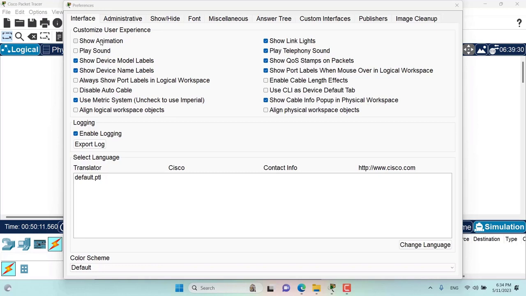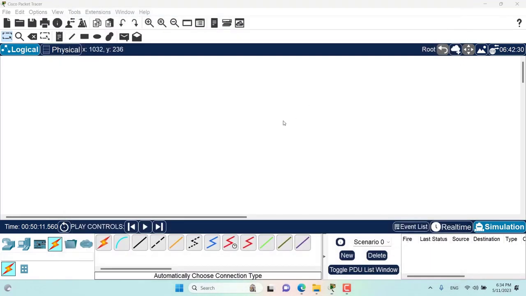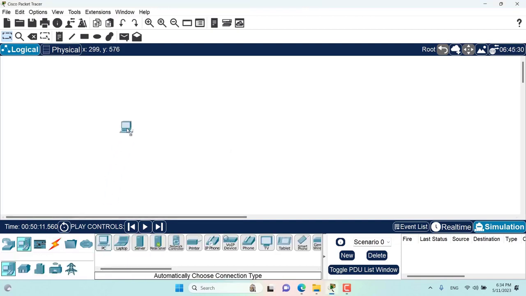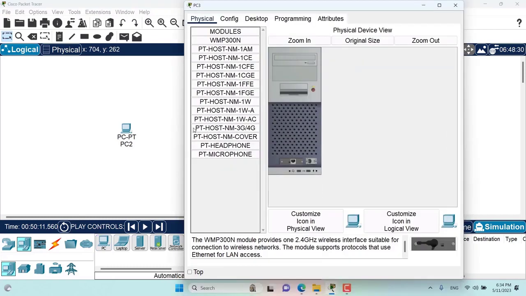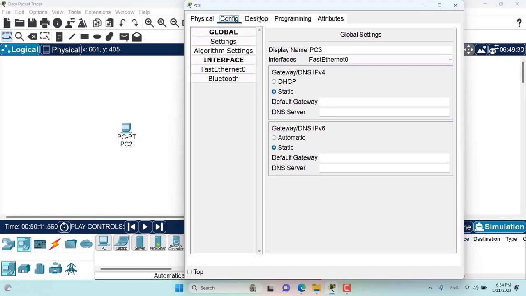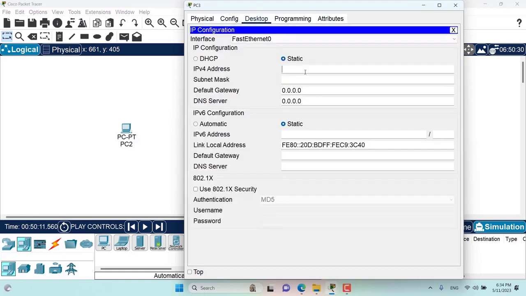So let's see what this option does for us. For this to work, first we need to have two PCs. I'll create PC1, PC2, and PC3. I will give them some very simple IP configuration, for PC3,